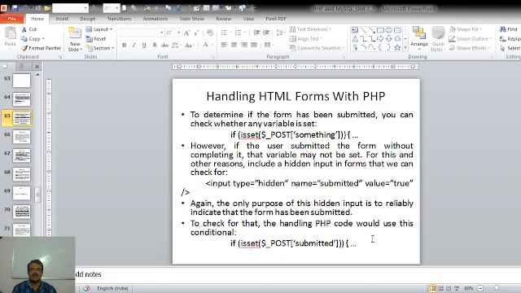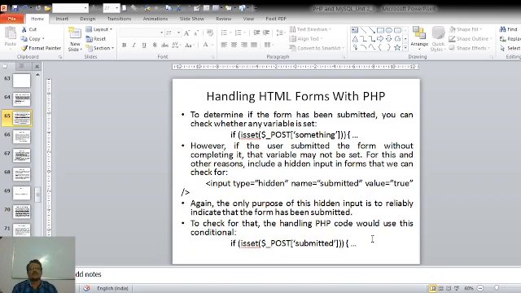How to write it? Input type is equal to hidden, name is equal to submitted, and value is equal to true. Again, the only purpose of this hidden input is to reliably indicate that the form is being submitted. To check for that, the handling PHP code will use this conditional again.